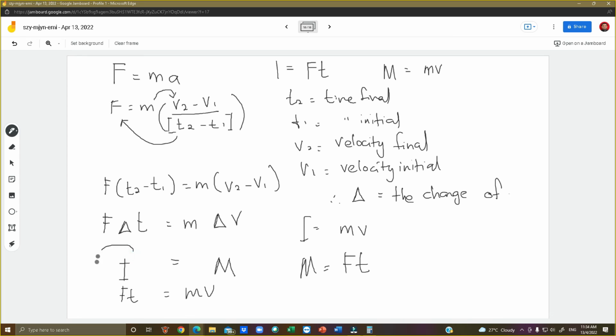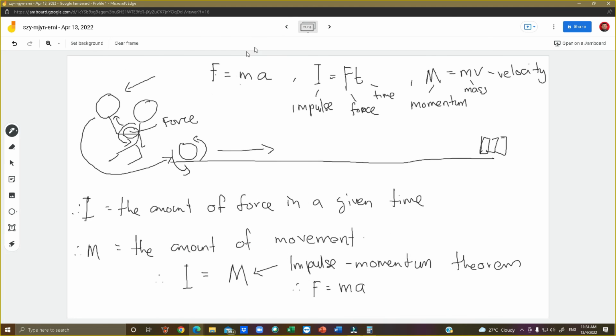Kamu ada 4 benda sekarang kamu boleh gunakan. Number 1, number 2, number 3, number 4. These 4 things represent the same properties, which is the amount of force and the value of movement. Okay. Jadi maksud dia, when you give force to this bowling ball, at that instant, this bowling ball is going to have impulse. Okay, it will have impulse, and this impulse causes the bowling ball to move.